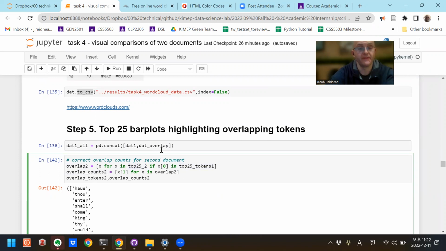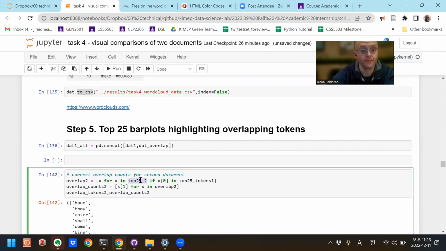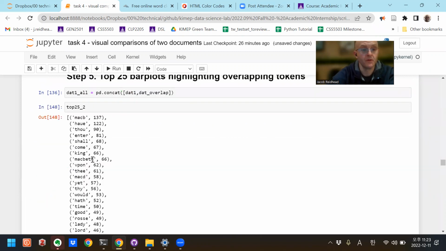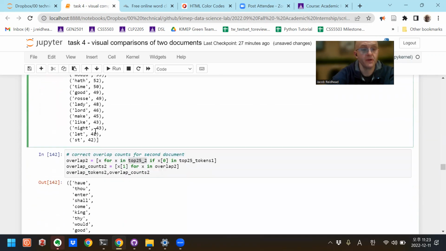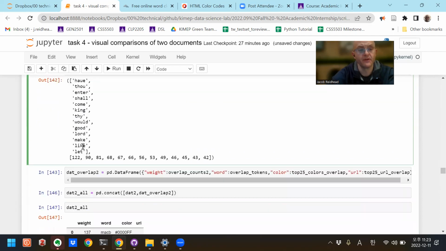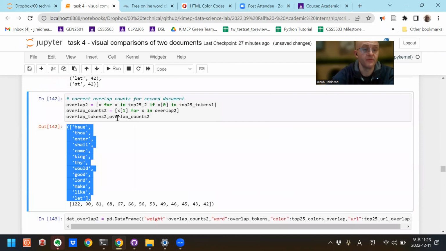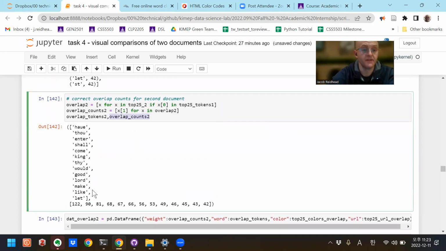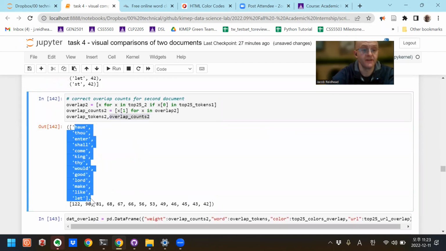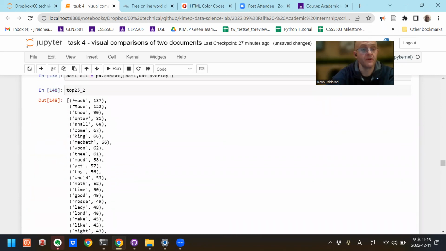In these tuples, if you see, the weights here are appropriate for the second document. So the overlapping tokens for two, we don't have to calculate because we already know that these tokens are the same tokens that we calculated before. But what's different is that the counts for these tokens are different in the second document. So if we run this,